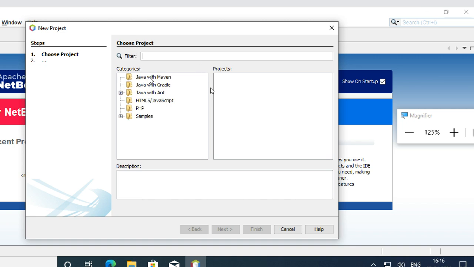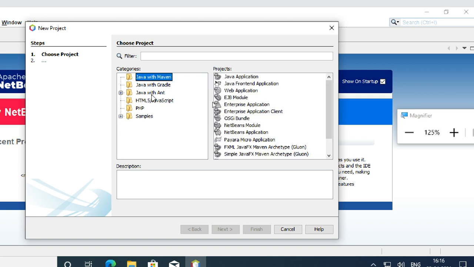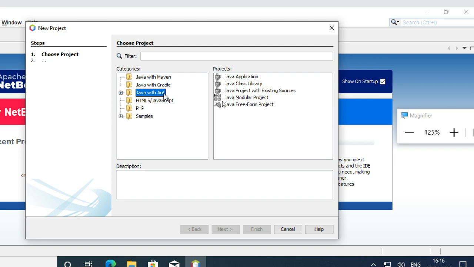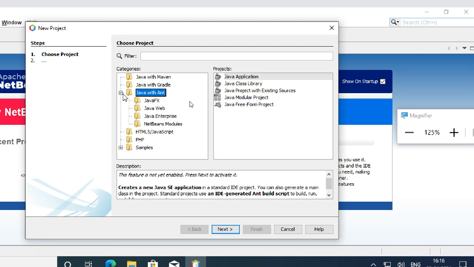Yes, you can see Maven, Java with Maven, Java with Gradle, Java with Ant, like this. It's sample projects. Maven Java application, web application, like that. I'm selecting Java application in Ant.